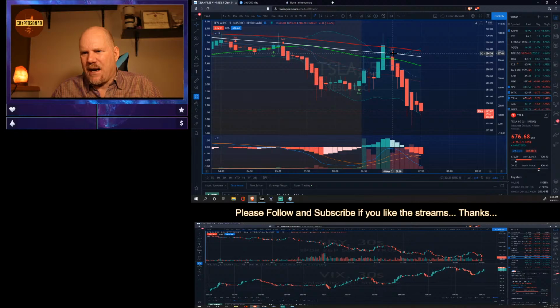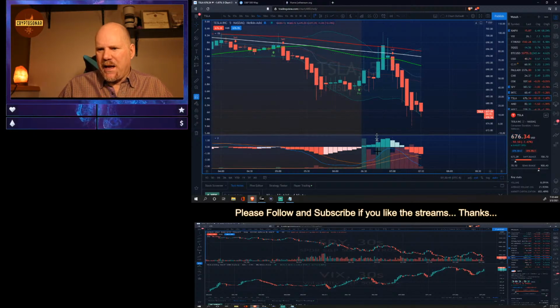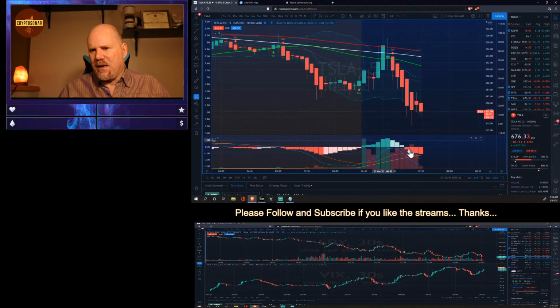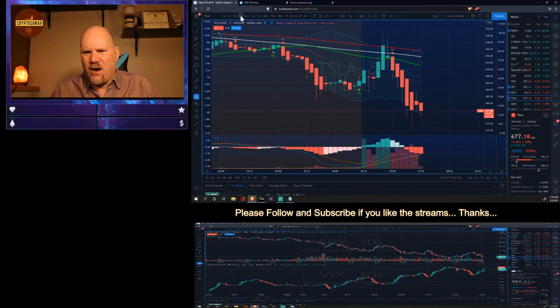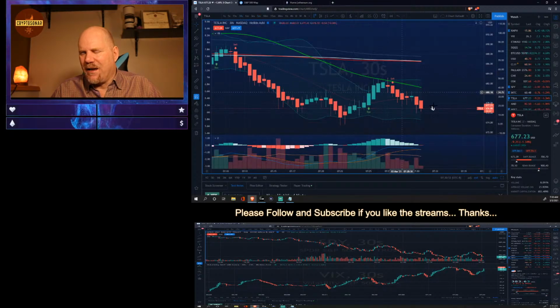If you look at a 5-minute timeline, look, it hit the moving average, it told you to sell, and then it dropped down. But again, you got to look at volume, you got to look at the MACD, you got to look at the RSI indicators, all of that taken into consideration of whether you're actually purchasing or selling an asset.